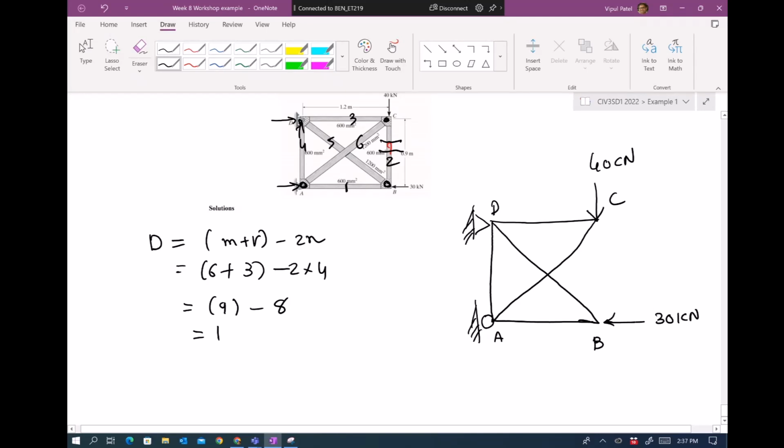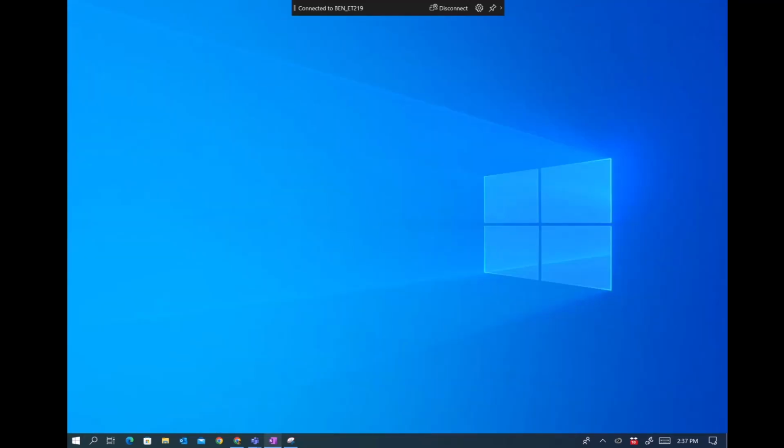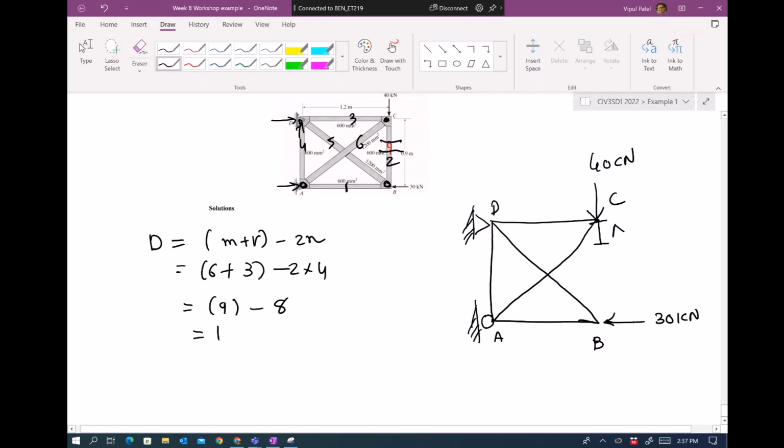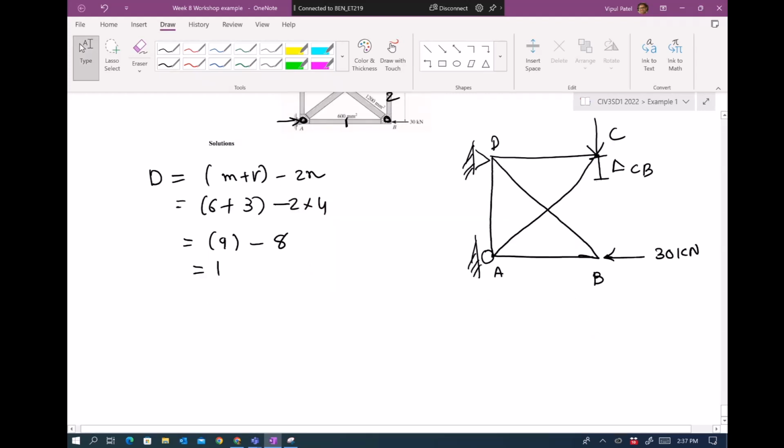All right, and we have different areas given for these members. Now when this member goes, then we will have a deflection here. There is some displacement here. Let's say delta CB. Do you agree with me? When I remove this member, this point C will deflect downwards. Do you agree with me? Because this member was trying to hold it in that position, right? So when I remove that member, it will have a deflection delta CB. And let's find this deflection delta CB using the virtual work method. Right? So in that case, what we need to do, I think we draw these all the